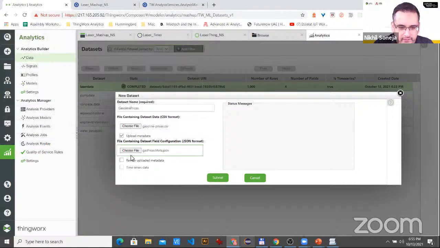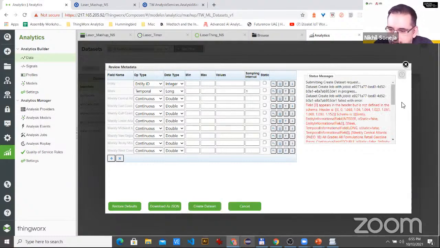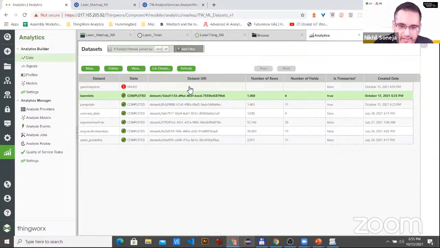That's also got metadata. Let's make sure I check off time series data. So I'm just going to submit that data. You can see the fields here, and you can do predictions based on things related to that. Oh, some error with that. Okay, I have to correct that, so let's ignore that data set.